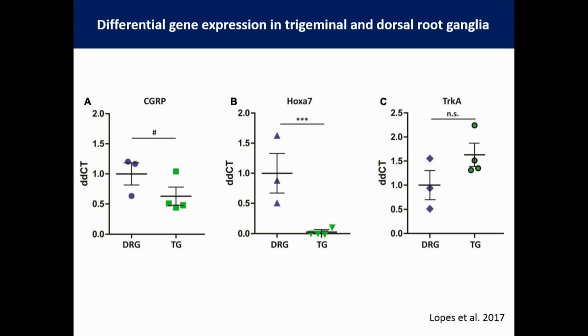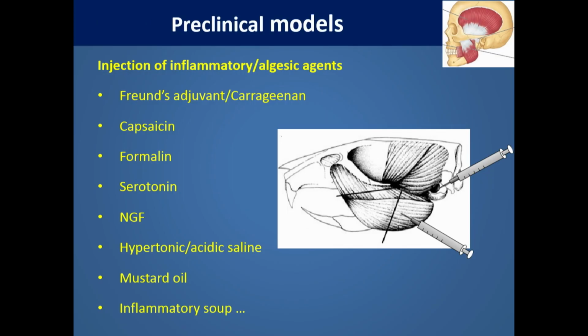We learn from the spinal cord, but we cannot completely translate everything from the spinal cord to the trigeminal system. That's why we need trigeminal models for our research. For preclinical models, we have to admit, as scientists, we want the model to be simple and reproducible. But the trade-off is that the model may not mimic all the clinical conditions, only some or part of them. Nevertheless, those models have generated a lot of data and enhanced our understanding of this problem.